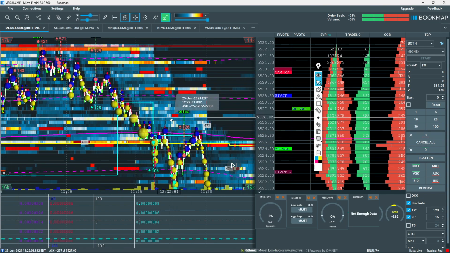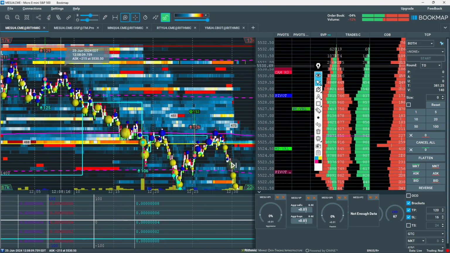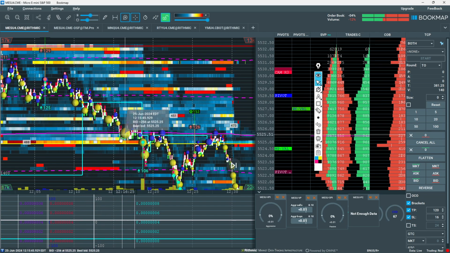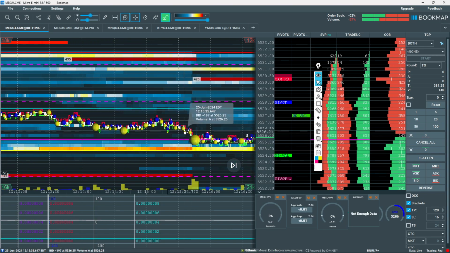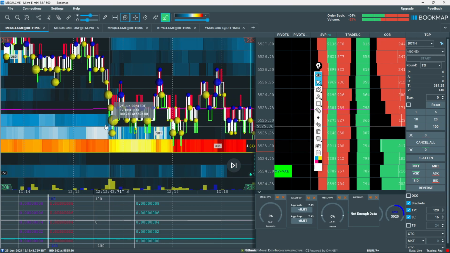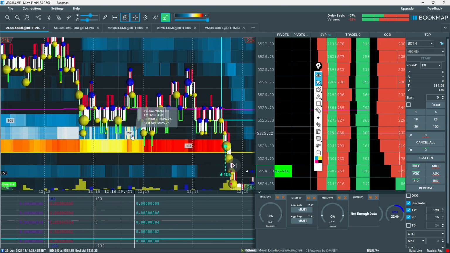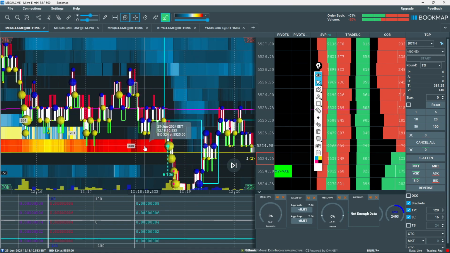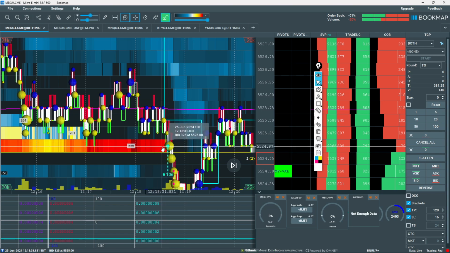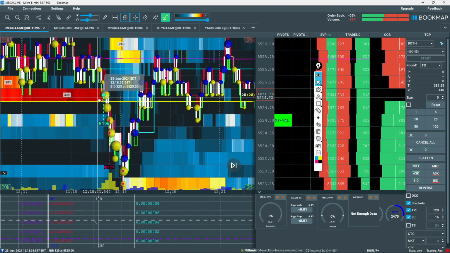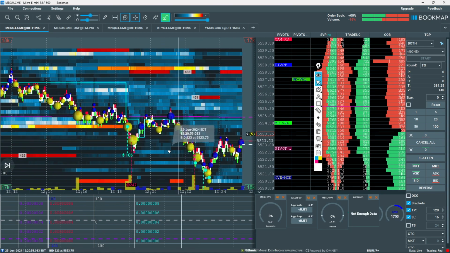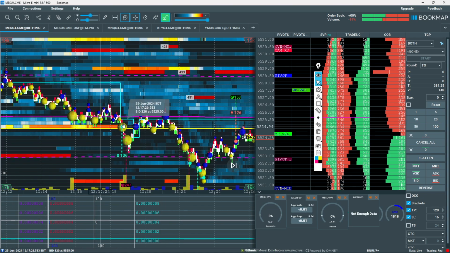Another thing to point out is that liquidity is being absorbed as we push down, right? Let me just open this up a little bit so you can see what I'm looking at on Bookmap. So we're hitting this liquidity here and we're running through these orders. So 338, they're getting absorbed, right? As we push down, we're going through that liquidity. Now on the other side, on the ask, that's the bid getting hit.